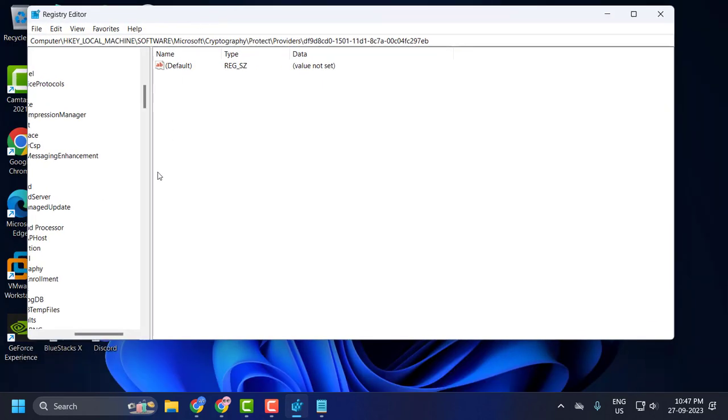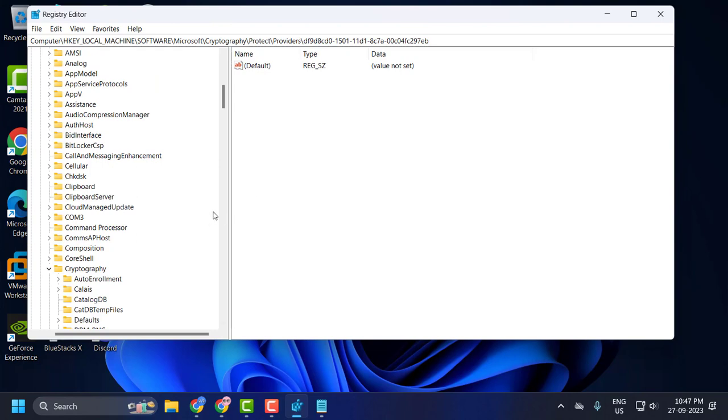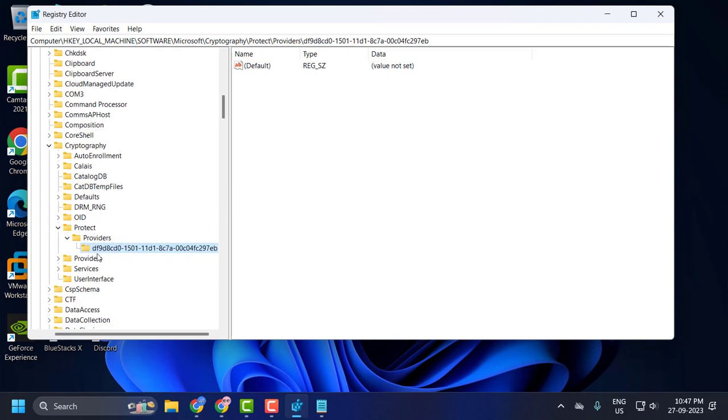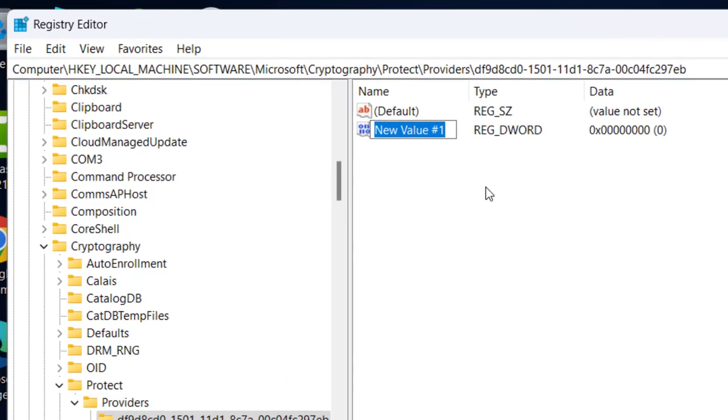And after pasting it, on the right side, this will start with df9d8cd0. On the right side, on the blank area, you just need to select New, select DWORD 32-bit value, and name this value as